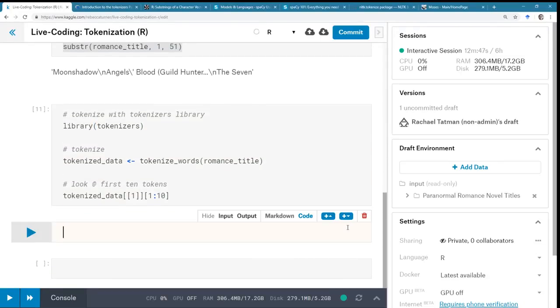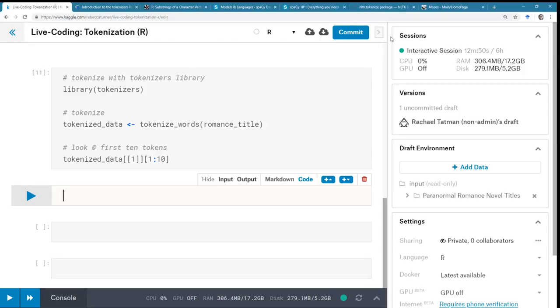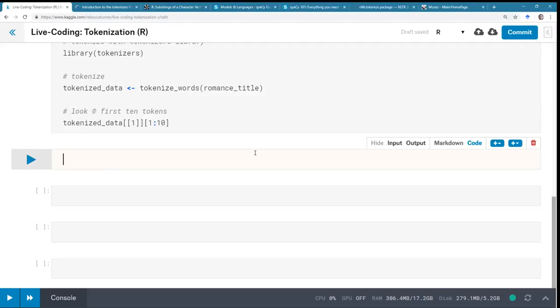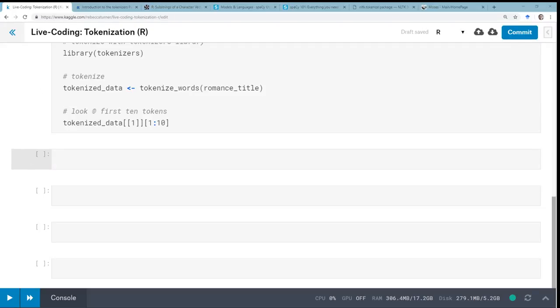So another option is the tidytext package. It is my usual go-to for doing any sort of NLP work in R, because it is based on the tidyverse, which is a collection of packages based around the idea that data should be tidy. So if it is in a spreadsheet, you should have one observation per row, one variable per column, and one value for each row-column combination. You can have empty cells, but you shouldn't have multiple pieces of information per cell. So you shouldn't have color coding and underlining that both mean something separate.